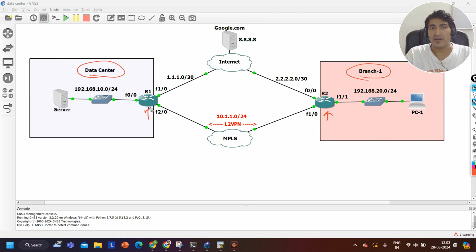We need to configure these two routers so that these two sides should communicate via MPLS. But if MPLS is not available, if MPLS is down, then they should communicate via the secondary ISP, via the backup ISP, which is internet. Fine. This is the first requirement. The second requirement is